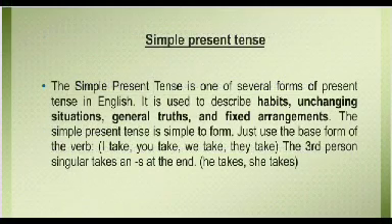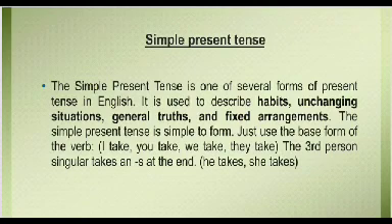Now, simple present tense. The simple present tense is one of several forms of present tense in English. It is used to describe habits, unchanging situations, general truths, and fixed arrangements. The simple present tense is simple to form. Just use the base form of the verb, like I take, you take, we take, they take. And when we use the third person singular number, then it takes an s at the end, like he takes,